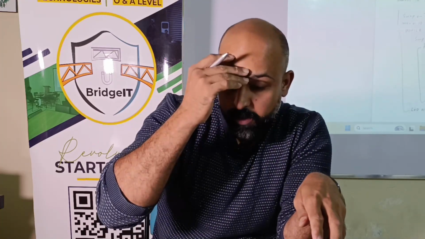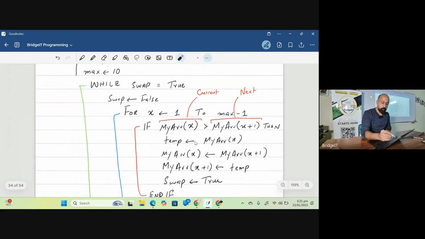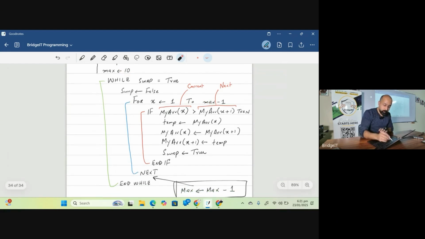असल में जो तुम बात कह रहे हो ना, वो efficient bubble sort, ये जो मैंने max is equal to max assign to max -1 next के बाद लिखा है और end while से पहले लिखा है। और तुम अगर note करोगे तो यहाँ इस जगह पे मैंने for x 1 to max -1 लिखा हुआ है। तो इससे होगा ये कि जब आप एक दफा पूरा for next चला चुके होगे ना, for example जब हमारे max में 10 है, तो इसका मतलब हमारा जो for का loop चलेगा 1 से लेके 9 तक चलेगा, क्योंकि हमने इसको max -1 भी किया हुआ। उसके बाद ये क्या करेगा कि max को और कम कर देगा।